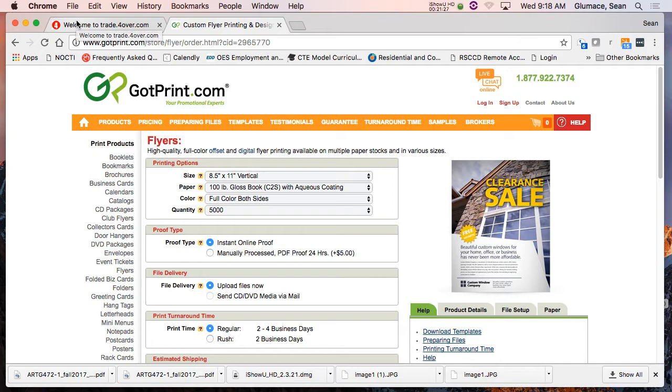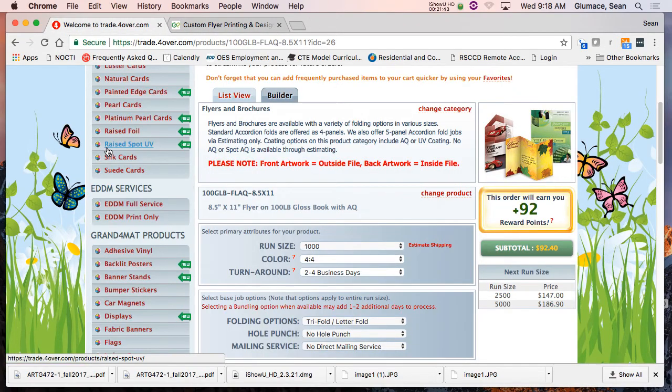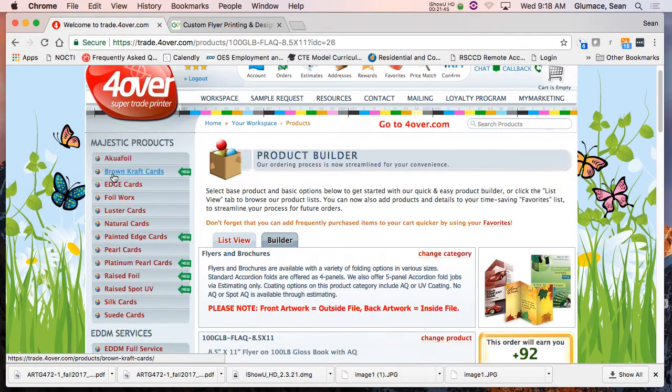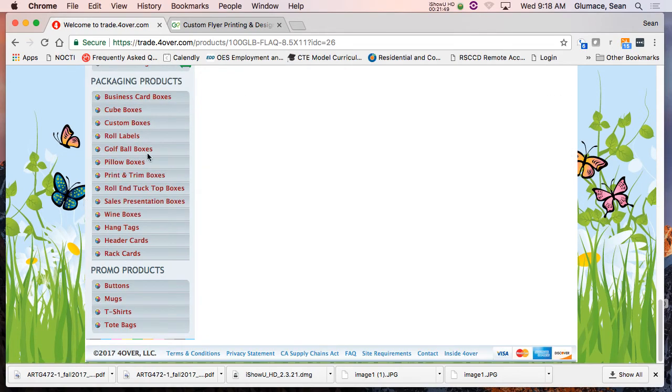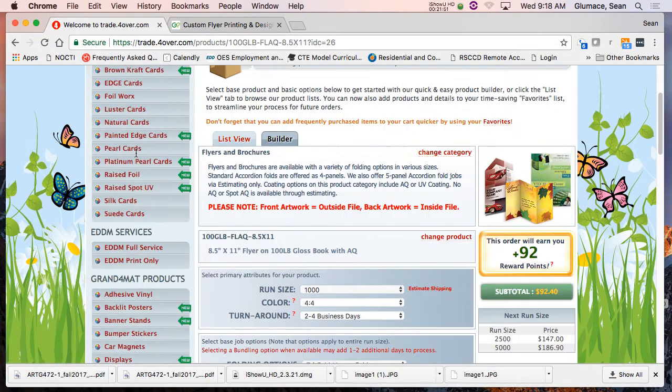It's offsetting any design time that I would have to charge. Now, if they just want me to design, then I'm going to say, here's where you can go buy this stuff, figure out a price, then I can figure out where I sit with the money on the other side of it. What's great about 4over, though, is like the other day I had someone come to me and they go, I need a flag. I'm like, I don't know how to print flags. But they have flags.